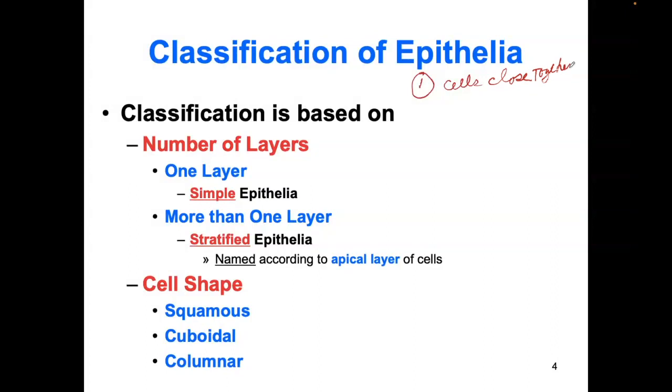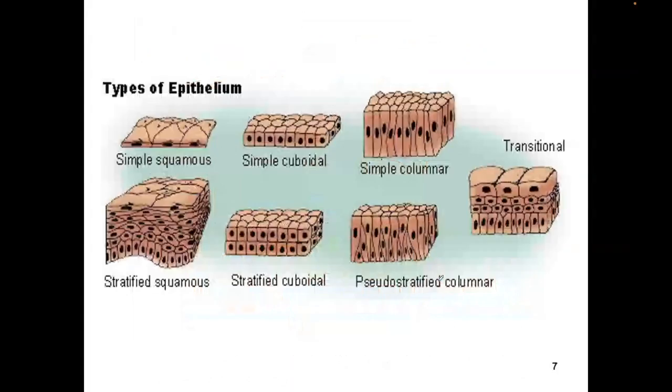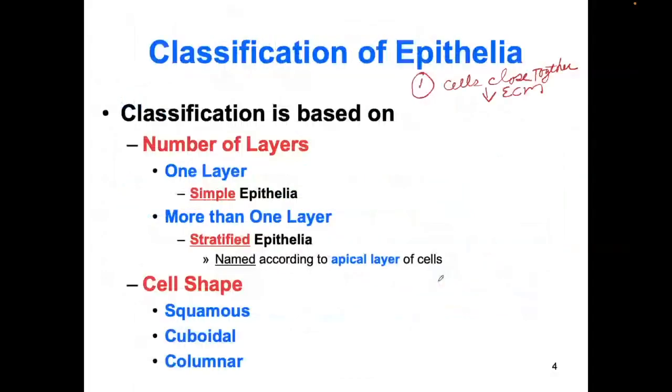Do we have cells that are close together with little extracellular matrix? In all of these pictures, we have a bunch of cells closely packed together with very little extracellular matrix. So that's the first question we have to ask ourselves. The second question we ask ourselves to name epithelium is: